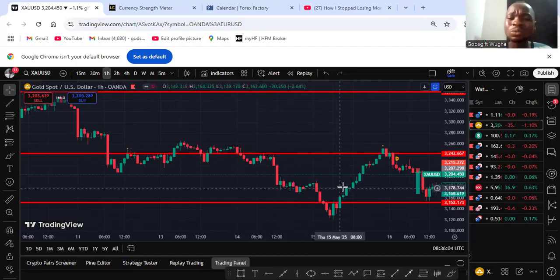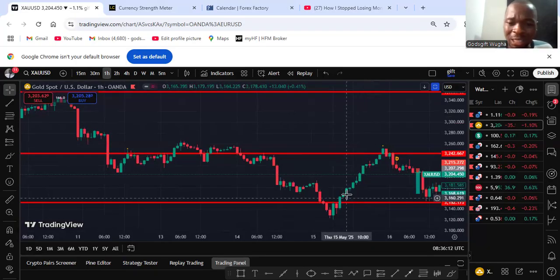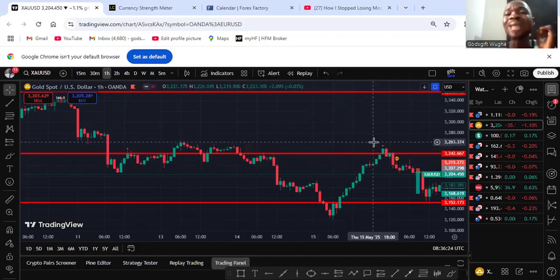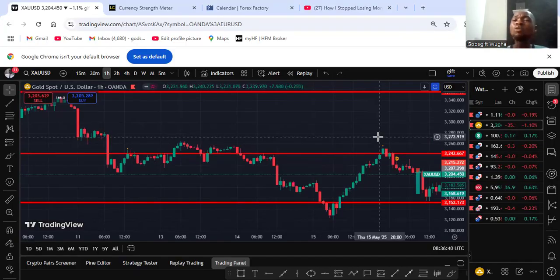But when you see small candles moving towards, in fact, as it's getting closer to your resistance, it's becoming smaller. Look at this. When it started, it's a little bit big. But after these two, when it started getting close to the resistance, you see this small candle. When you see this happening, know that resistance will hold. I've been preaching this all through. It's going to hold, because if that is the direction of the market, you'll be seeing aggressive candles. So observe that the buyers are not willing to pay more for that price,